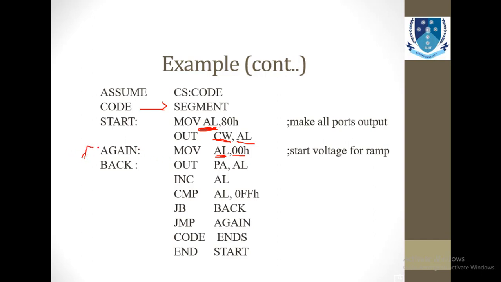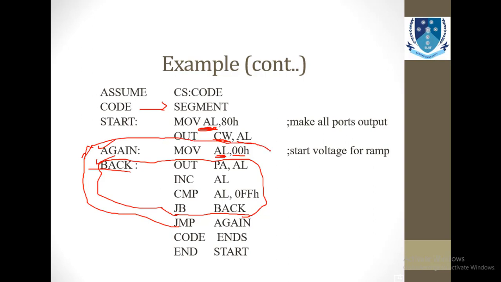These are your labels, again and back, and this is called when jump if bit is not equal to 0, you have to jump back to this. So this is the first loop, this is your inner loop, or you say nested loop, and the second loop is basically here again. This is now your second loop. So there are two loops involved, and when these two loops have done their processing, it will end the code.